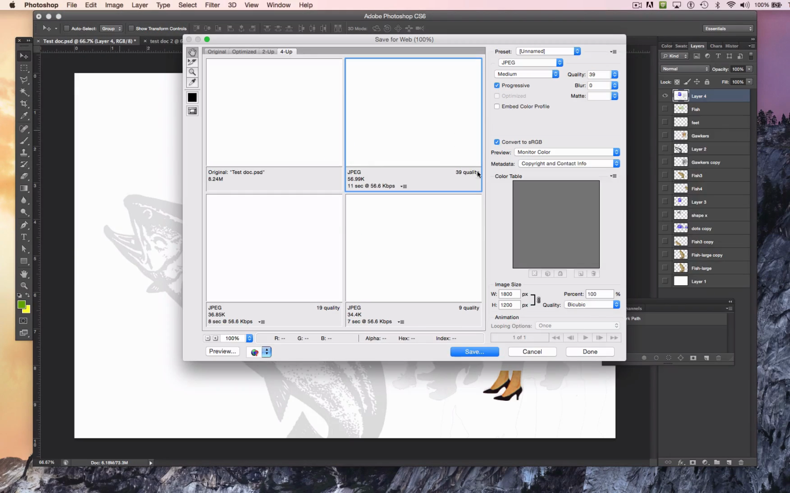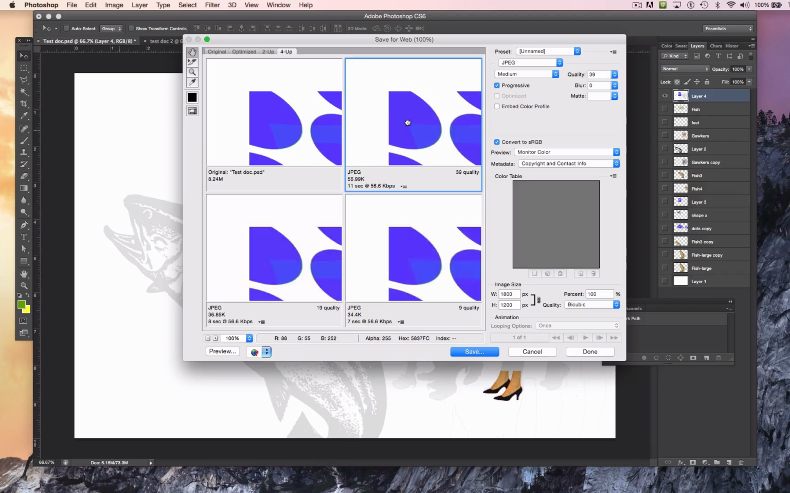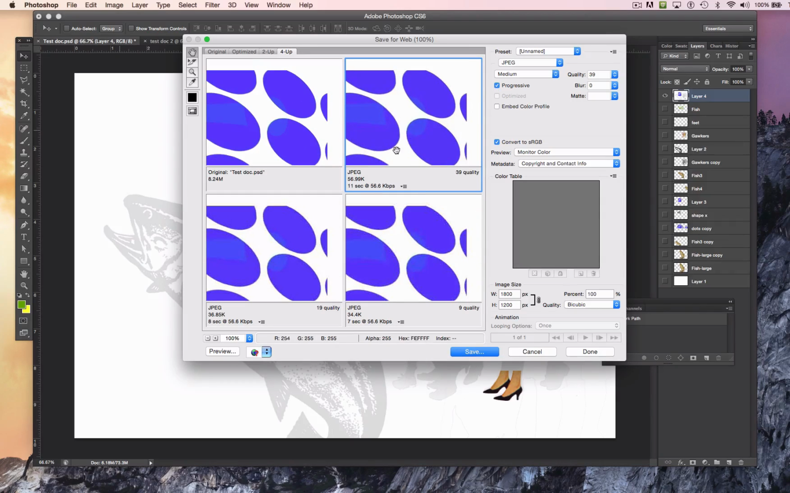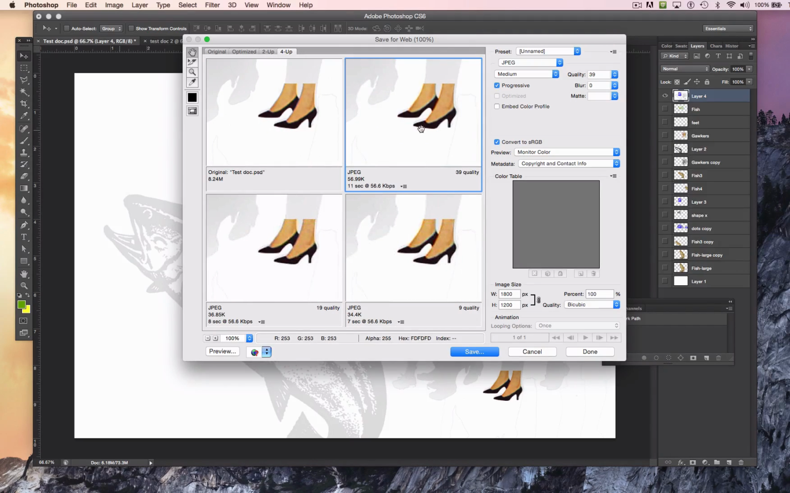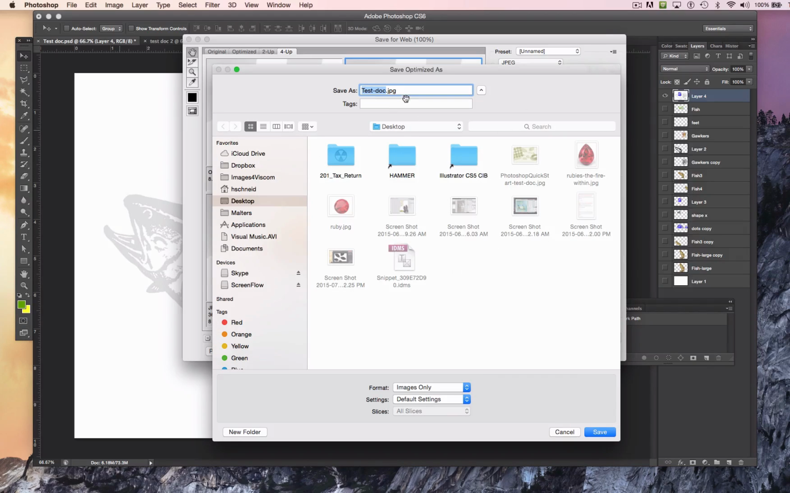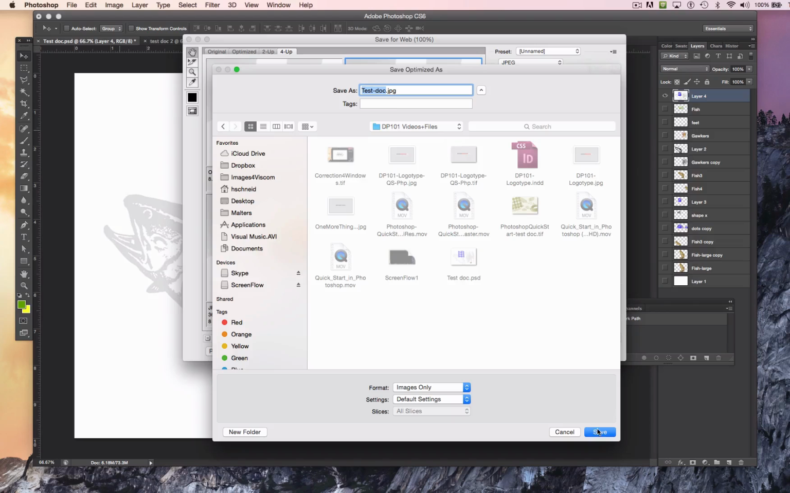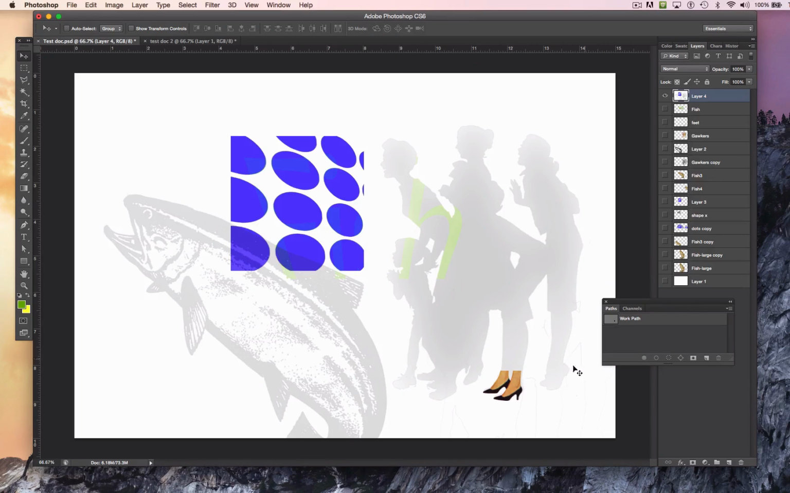Okay, so now this is where you assess what is the best format for your image. Well, I have some flat graphics, but I've also got a little bit of continuous tone graphics. So maybe JPEG at this quality level is the ideal thing, and I'll hit save. I'll give it another name, but it's a JPEG. Let me see here. Boom. Okay. So now I've got a JPEG that I can upload